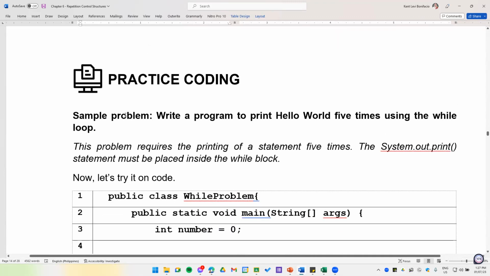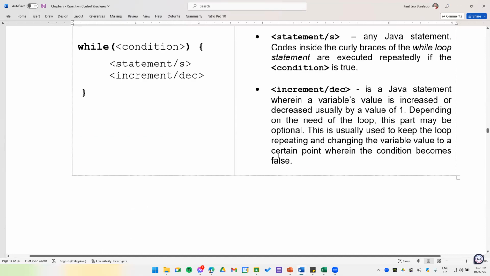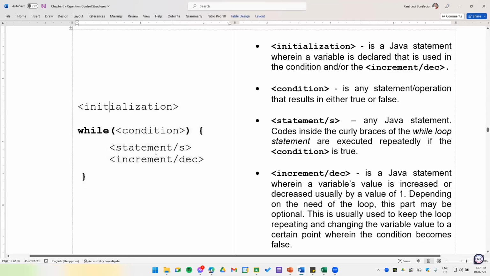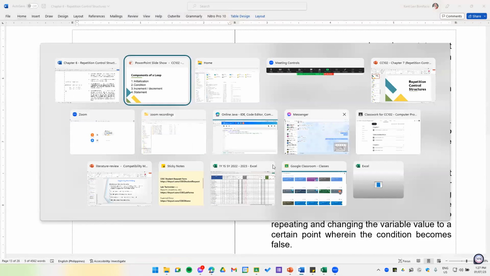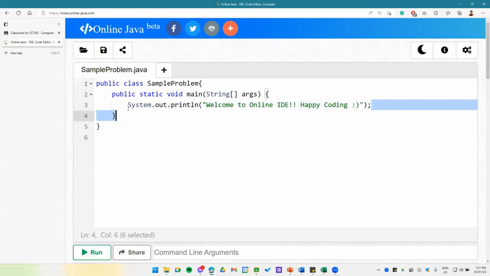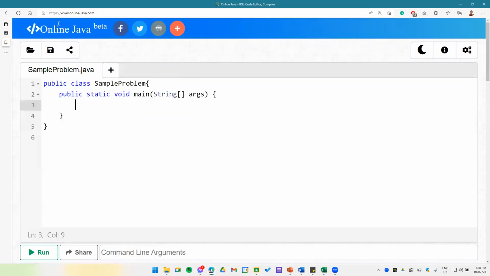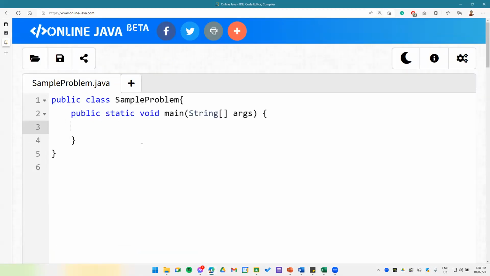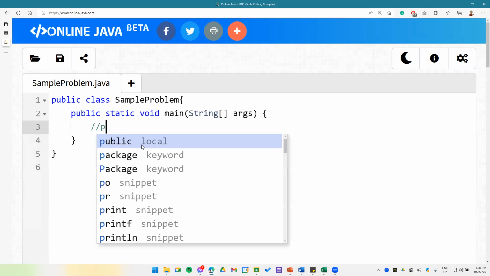So, a sample problem: write a program to print hello world 5 times using the while loop. Let's go back to our syntax. We have the initialization, condition, statement, and increment. So let's open a compiler, an IDE. Now again, the components of the loop are arranged as identified there. If you want to make a while loop out of that, then literally follow the syntax of the code. So the problem is to print hello world